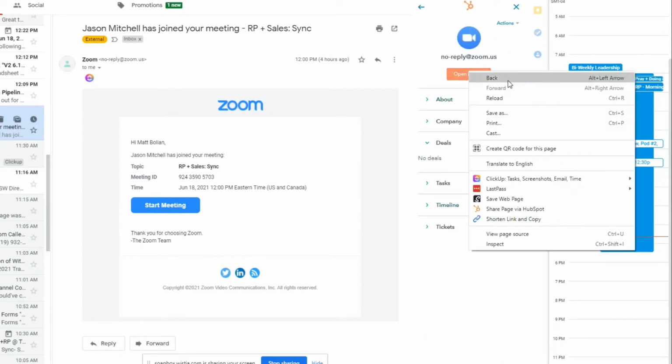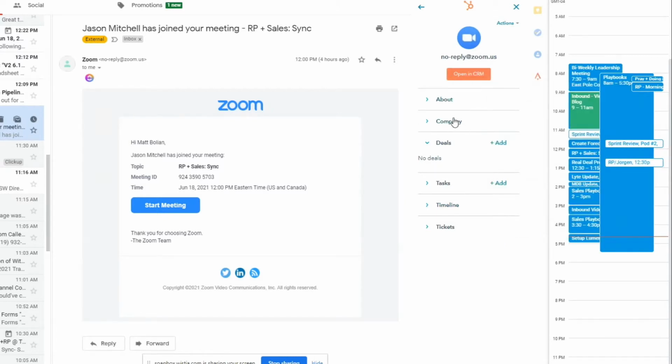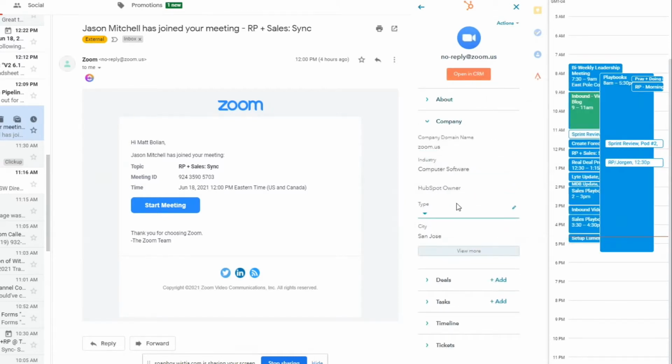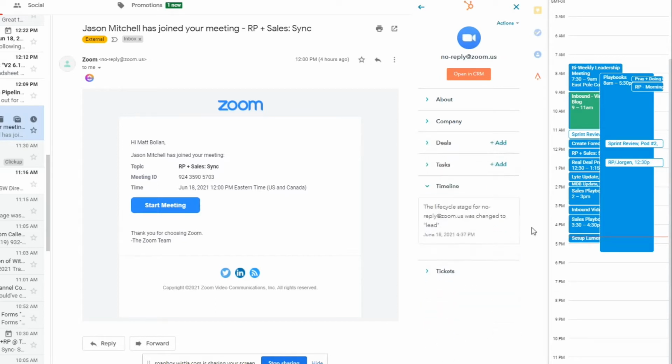So I can open this up and we can go to the CRM. Hold on a second, but it'll also auto-populate Zoom. See, it took the URL and created the company and associated it automatically. Now, from here, when I'm sending emails, I can also add a deal to the contact. I can even add tasks and I can see the timeline of what has happened with the contact.